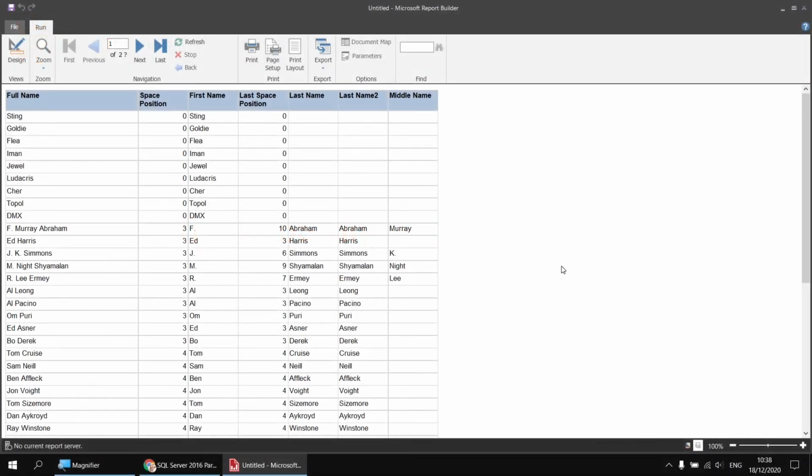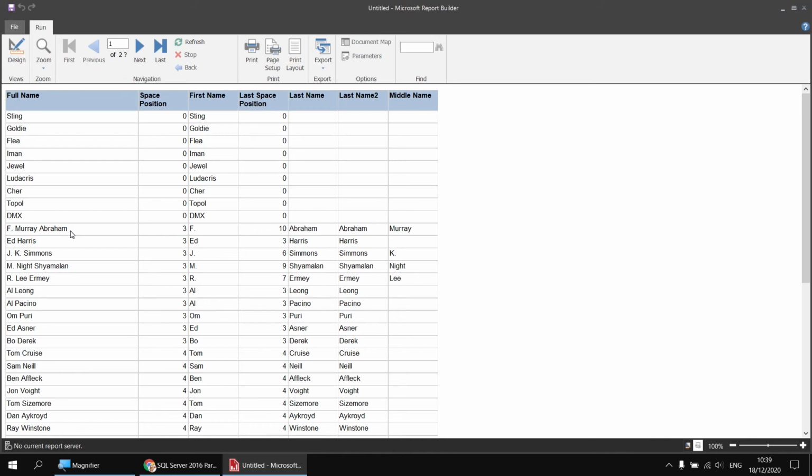Doing the same thing in SQL is made a little trickier just because we can't reference a previously calculated field, but it's still possible, so let's have a look. What I'm going to do first is separate out everything after the first space. So we're going to get every character from the one after the first space all the way through to the end of the string. So the equivalent of the Mid function in Visual Basic, in SQL we have a function